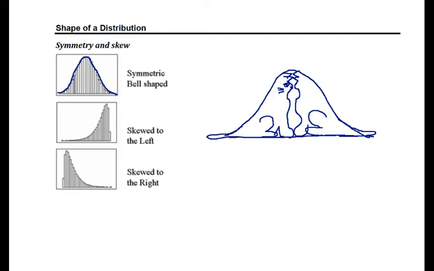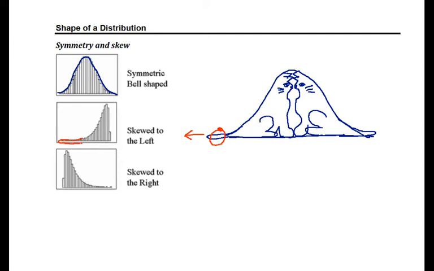Here's our cats. Okay, so if we're talking about skew, we want to think of it as grabbing the tail of the cat. So here's the tail of the cat on the left, and if I pull the tail of the cat on the left, and it gives me a little meow, then what I end up with is left